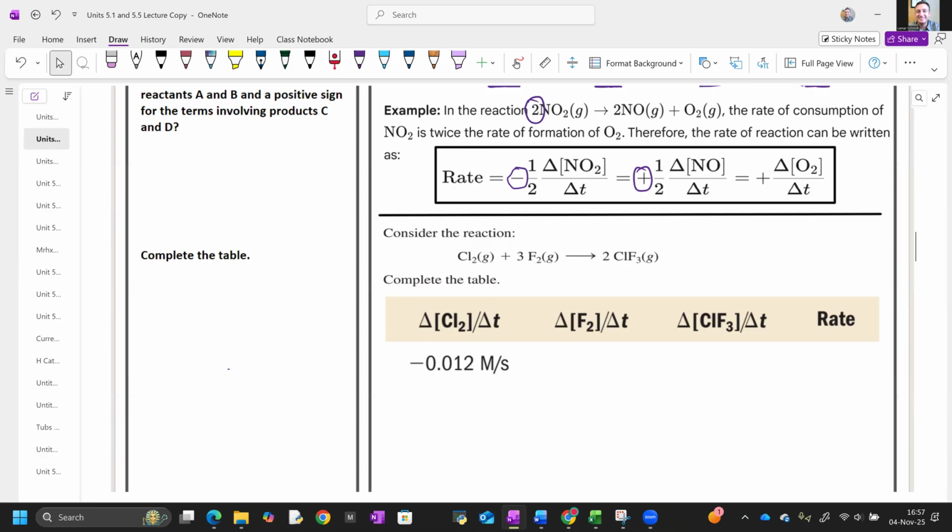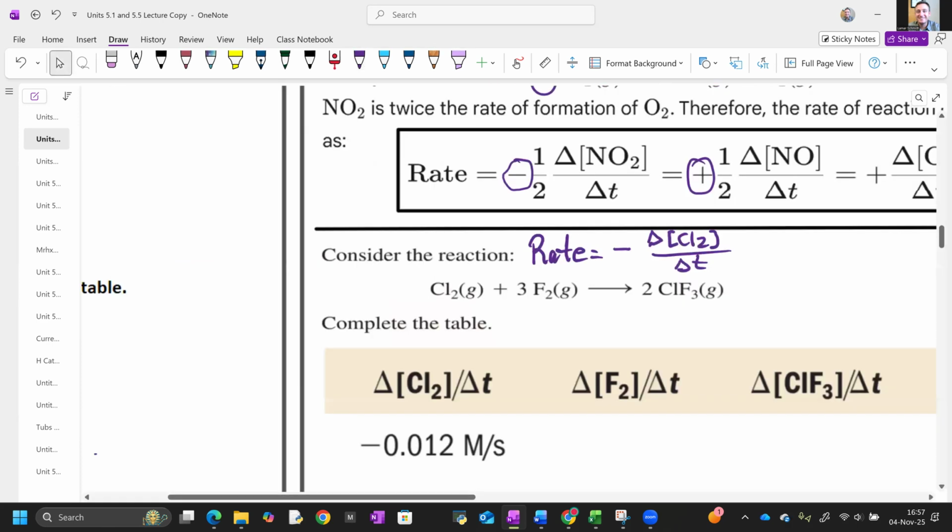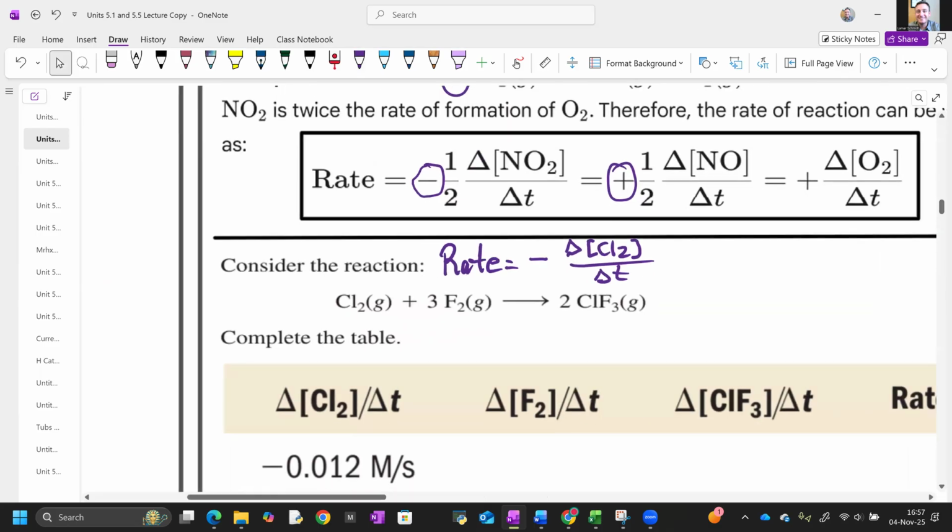Okay, so when we write the rate expression here, we're writing rate is equal to, and now we're looking at Cl2, and we notice it's a reactant, so we're going to put in a negative. We notice it has a coefficient of 1, so we don't need to really do anything there. So we're going to just write this as the change in the concentration of Cl2 with regard to the change in time. All right, and so that's what we see there. Then we're going to set that equal to